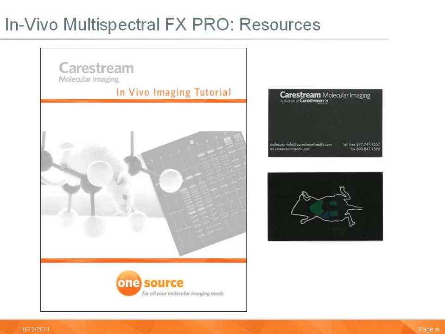The In-Vivo imaging tutorial provides instructions for performing sequences of X-ray and fluorescent acquisitions, including multispectral fluorescence, that allows a user to become familiar with the system controls. An accompanying CMI mouse target card with a copper inlay skeleton for X-ray contrast and fluorescent organs is provided for use with the